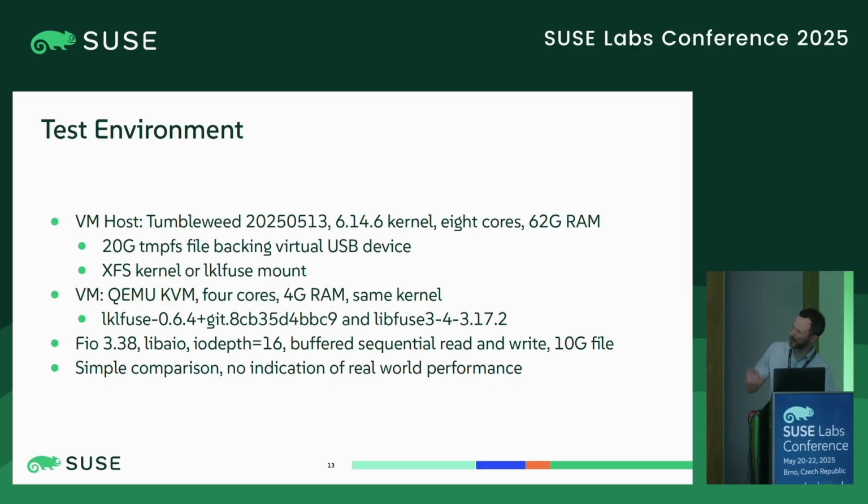So I had a 4-core VM with 4 gigs of RAM, and my workload was basically buffered read-write to a 10 gigabyte file on the file system. I wouldn't draw any expectations based on the numbers I'm presenting. These are very rough early stages, so I think it's more just identifying where we can potentially look in future in terms of where to profile